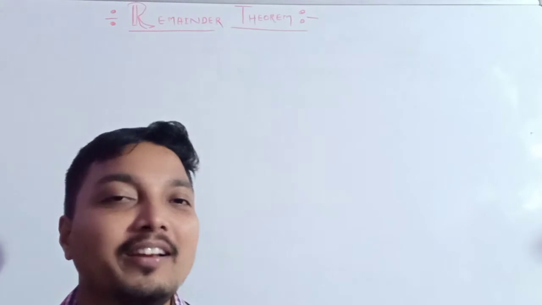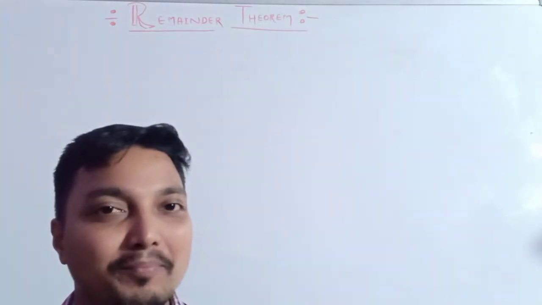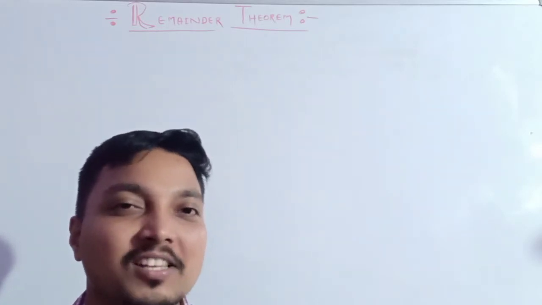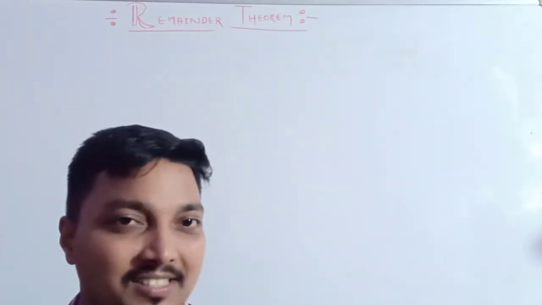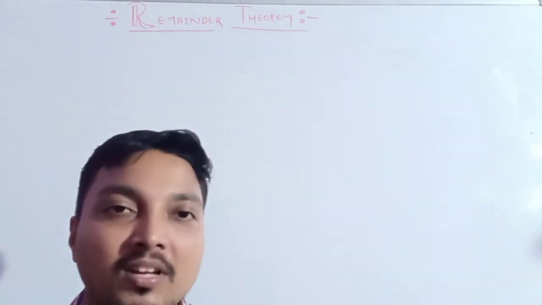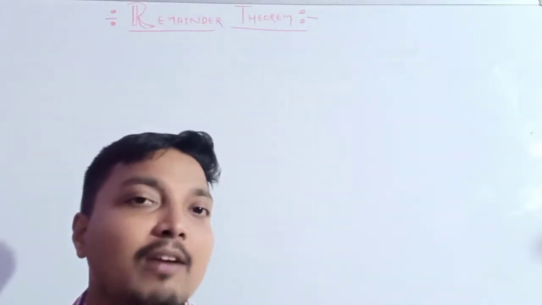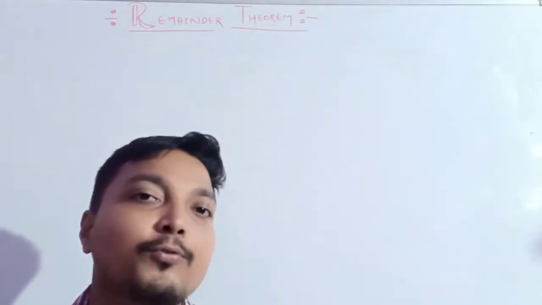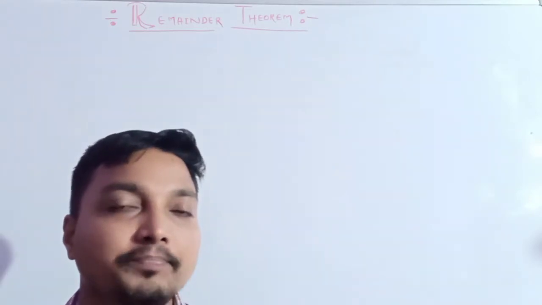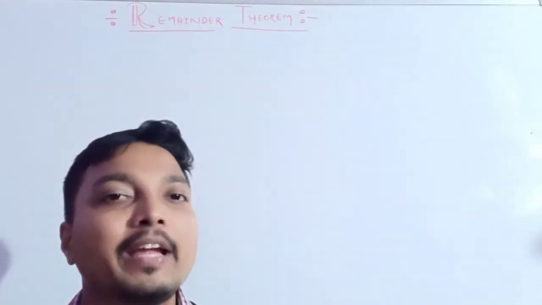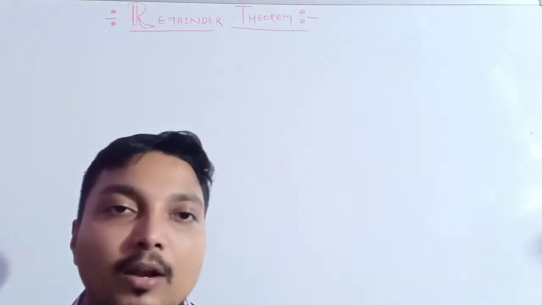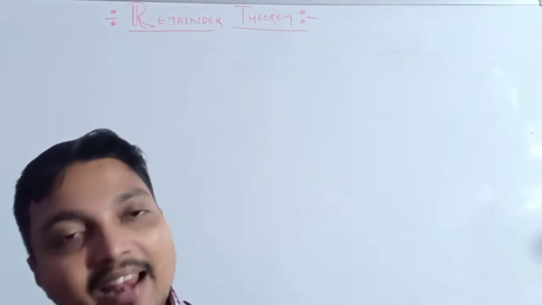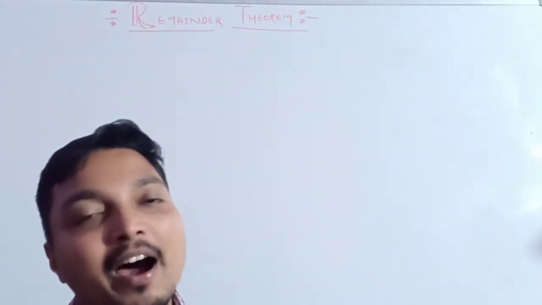And the name of the new topic is the remainder theorem. But before discussing the remainder theorem, first we will discuss the division of numbers. First I want to remind you of a few things: which rules should be followed whenever we divide one number by another number. In the same way, we have to compare the situation when we divide a polynomial by another polynomial. And from there, we will derive the remainder theorem.